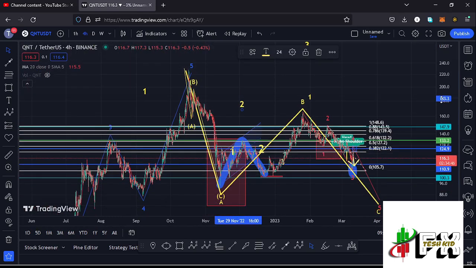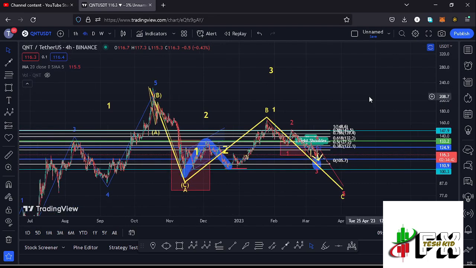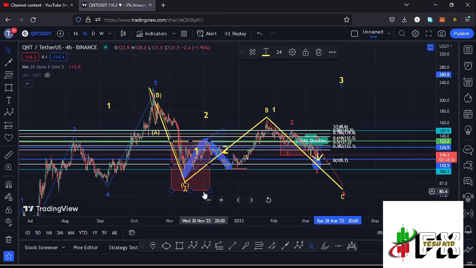And I believe in case such a move plays out, then that will be another perfect entry to get back into Quant so that we can be able to ride this massive bounce to the upper side in the formation of this higher Elliott wave count 3. And trying to get a minimum retracement area in case such a move plays out in the formation of that higher Elliott wave count 2, there are chances that that wave C to the lower side might get us back